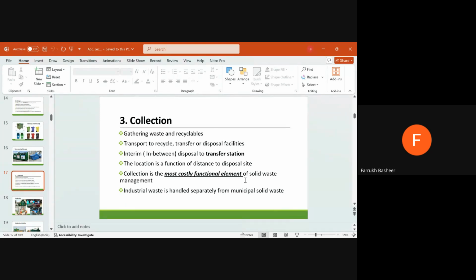हम यहाँ पर बात कर रहे हैं municipal solid waste के collection की. That's why it is in the last point it is written that industrial waste is handled separately from municipal waste, because sometimes chances are that the industrial waste will have some hazardous material. So we can't mix industrial waste, hospital waste and other hazardous waste with the municipal solid waste, because जब आपका